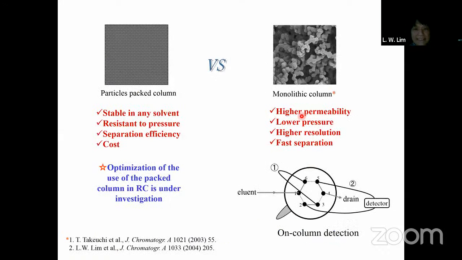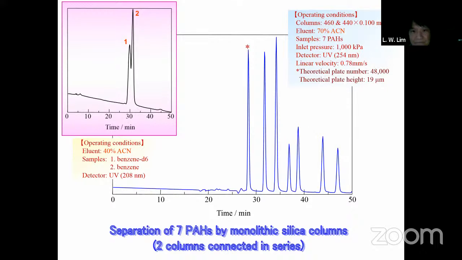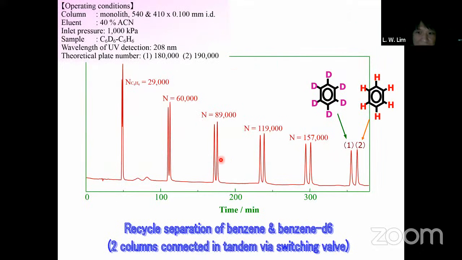So this is another one for the monolithics. So just now I used the PET column, then after that we changed to the monolithic column. The monolithic column is easier to connect because there is no dead volume here. And then when we do the same separations here, you can see we already increased the separation efficiency. From the beginning, it was not so separated, but after we changed to the monolithic column, also with capillary,